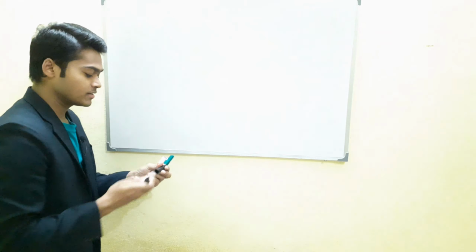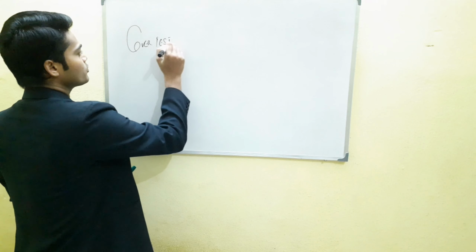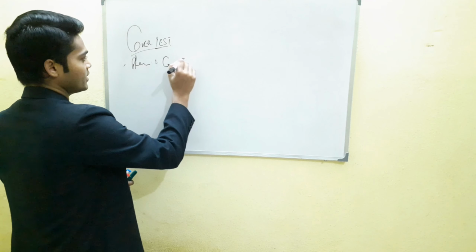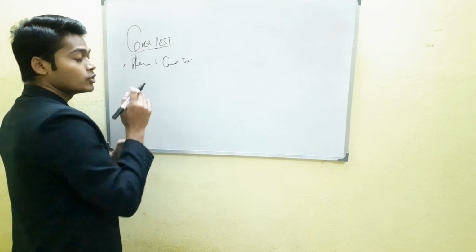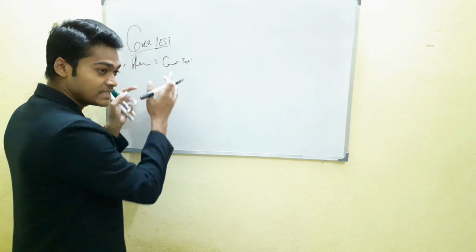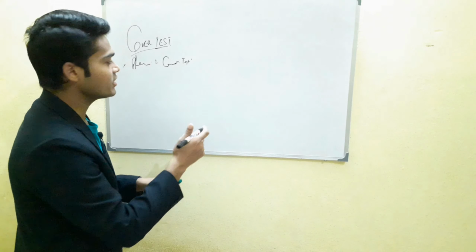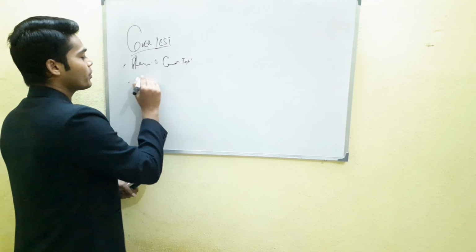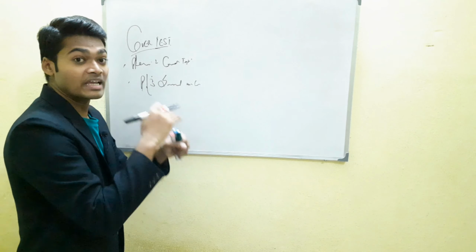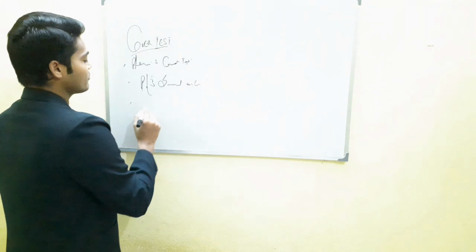So come to the point. Suppose this is a cover test. Before going to the procedure of the cover test, I will tell the prerequisites of the cover test, which help you to select the patient, whether they come under this index or not. If they come under this index or this parameter, then you perform. If not, then just terminate it, right? So the first thing, the patient should be cooperative, enough cooperative. Okay, great. The second thing, the patient must have